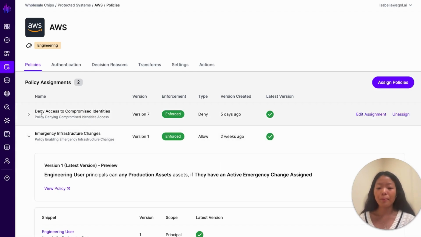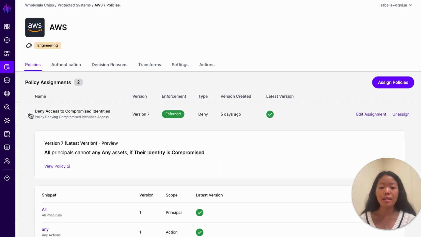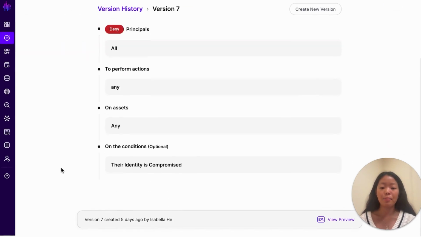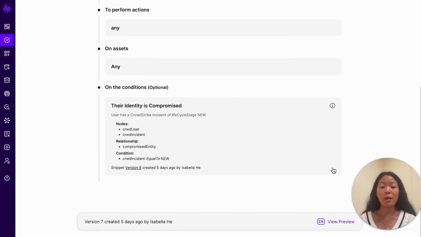The second one, deny access to compromised identities, says that all users are denied access to any assets once their identity is compromised. Let's click into this policy to see what it means. In this condition, identity being compromised, we can see that this means when a CrowdStrike incident is associated with a user. Now, with these two policies in place, let's see what happens when an engineer from Wholesale Chips, Alex, attempts